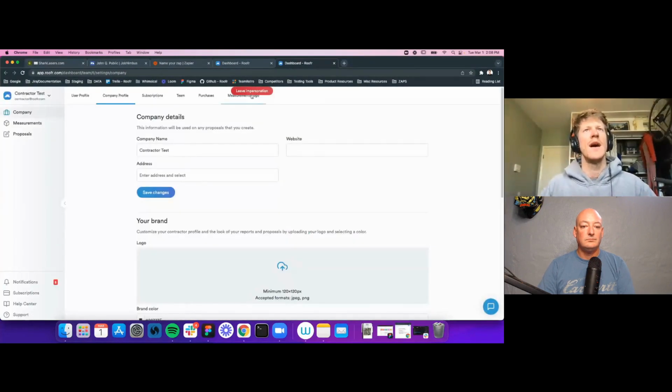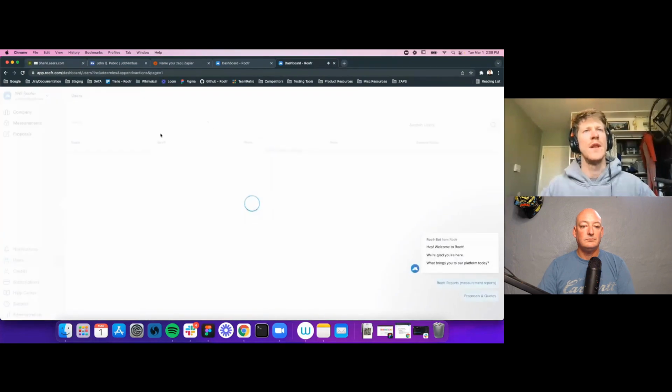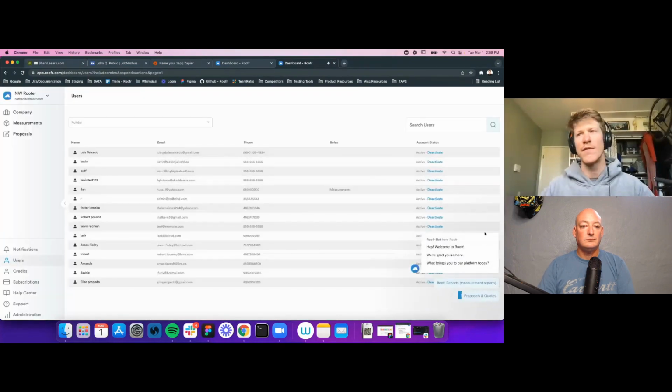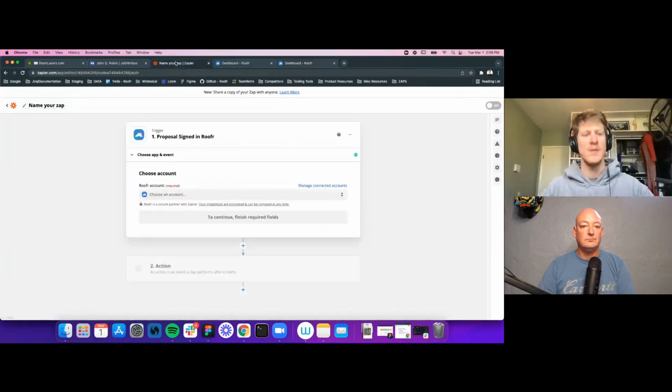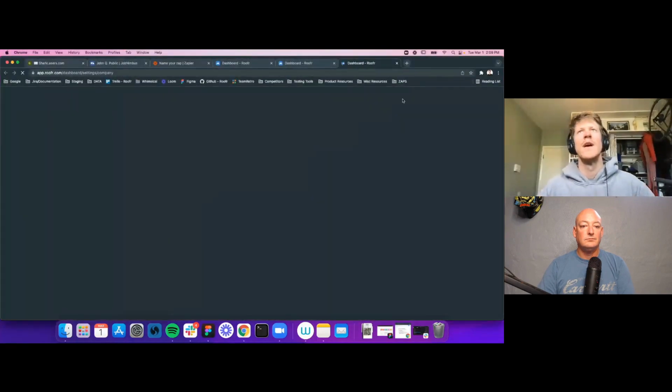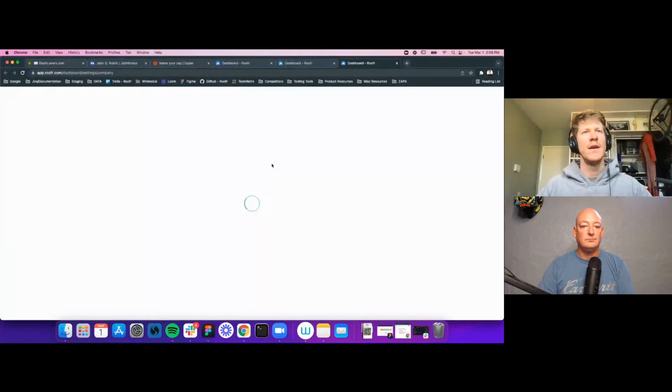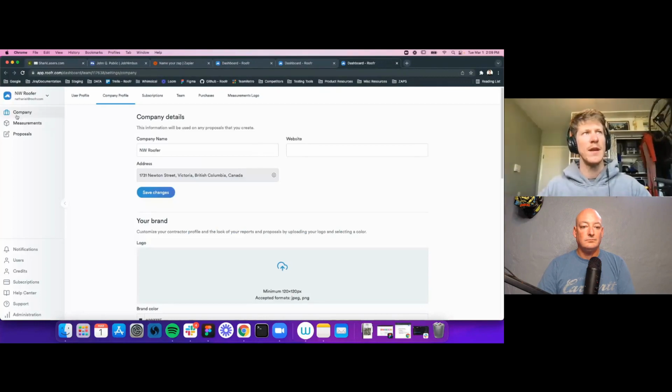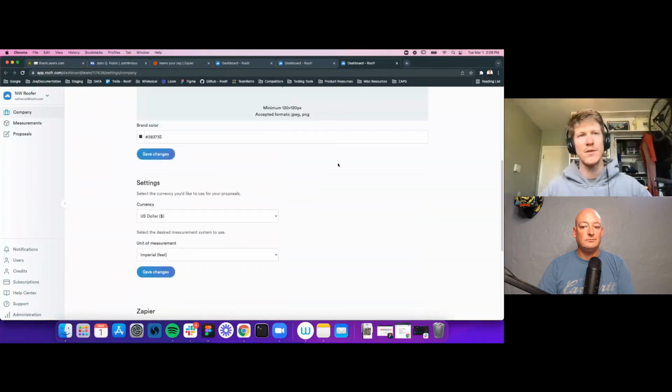You may need to log in if you haven't done so already, or you're not logged in on a different screen. But it'll bring you to your Roofr account. So I'm just going to go back here, follow this link, and where I'll end up is in the company section in company profile. So that's where I'll end up if I follow that link, and I can just scroll down to the bottom